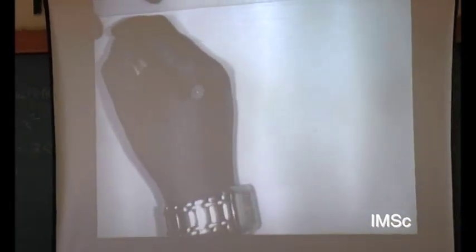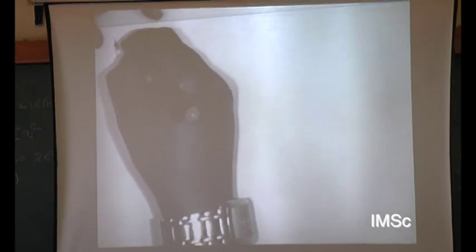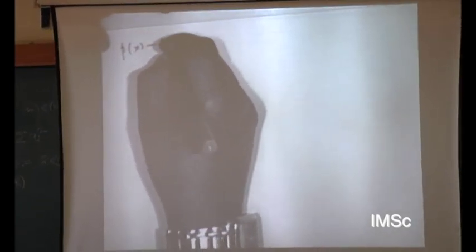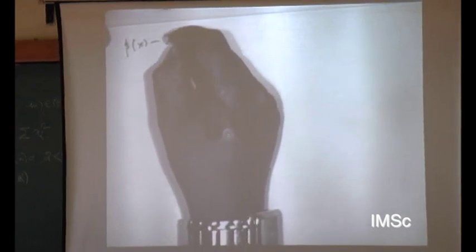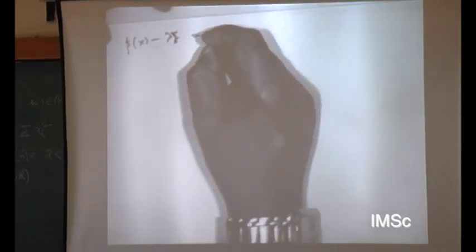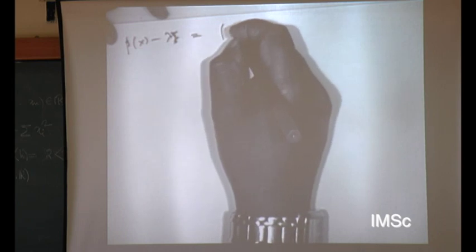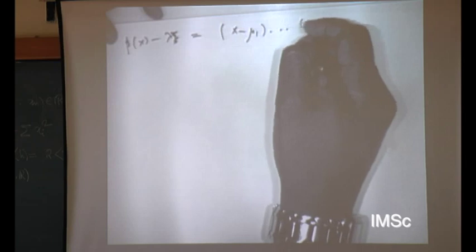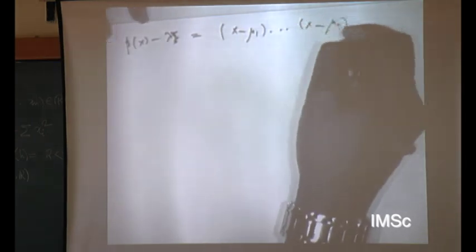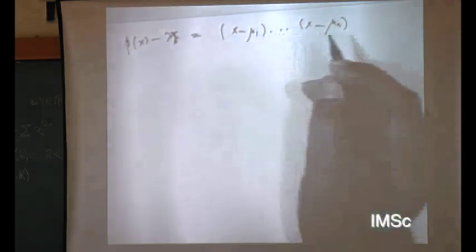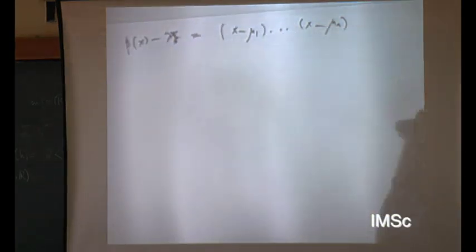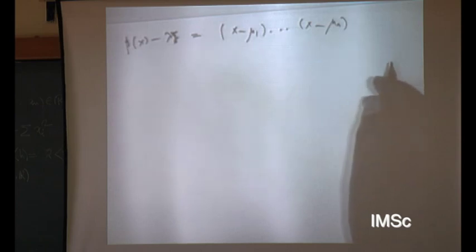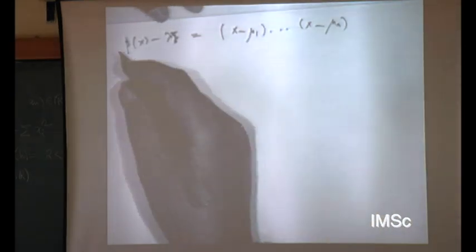So it follows that P(x) minus lambda will also be (x minus mu 1) ... (x minus mu n). But now all the (x minus mu i)'s commute. So I can use the lemma that we just proved and conclude that therefore